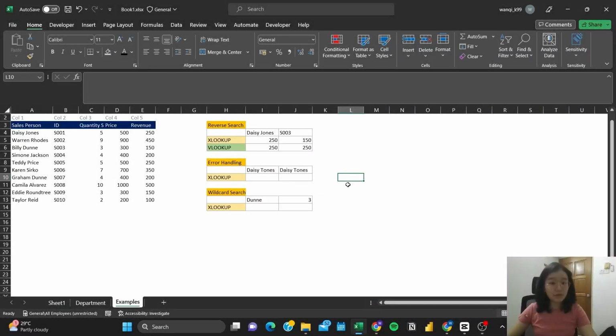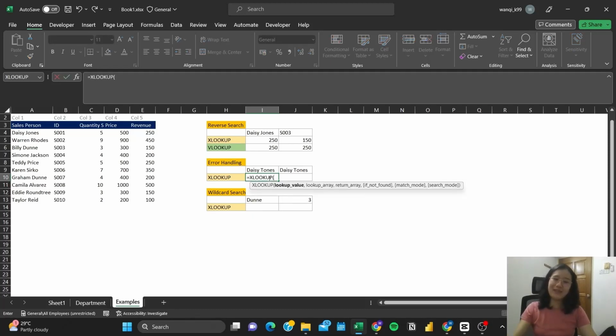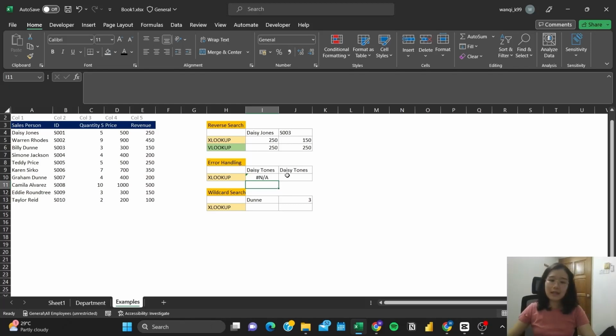Right, now let's move on to the second example, which is error handling, which we have covered a little bit just now. So right now we have this name with a typo over here, but we are not aware of that. Then we just click on the lookup array and return array again. We want to look at revenue. So you can see that if we do not put any error handling formula over there, it will show this